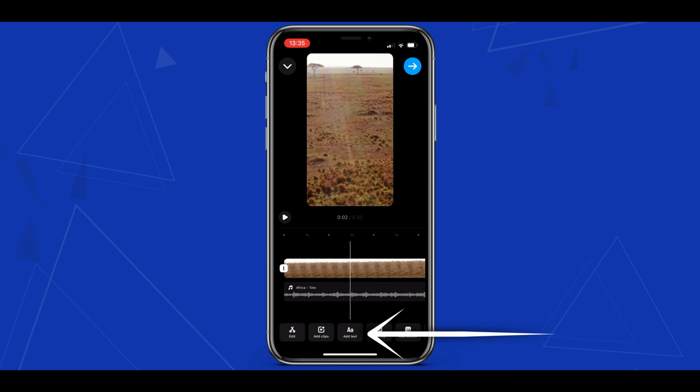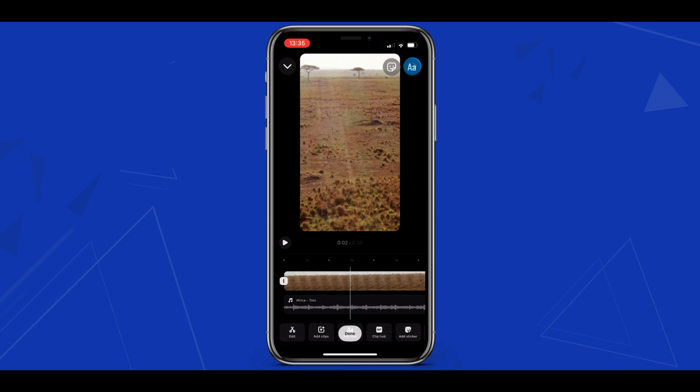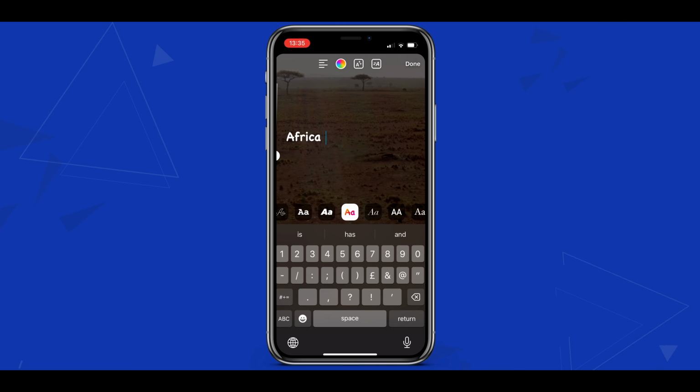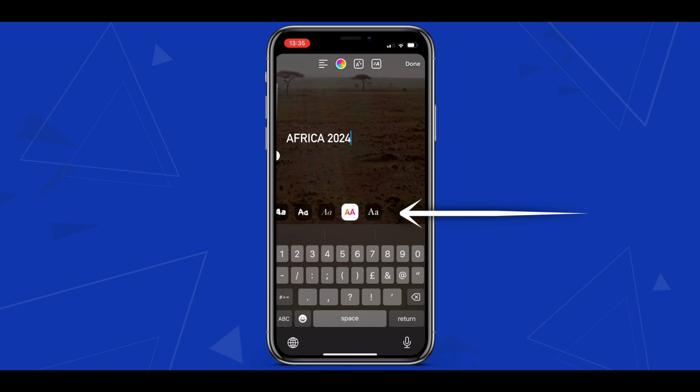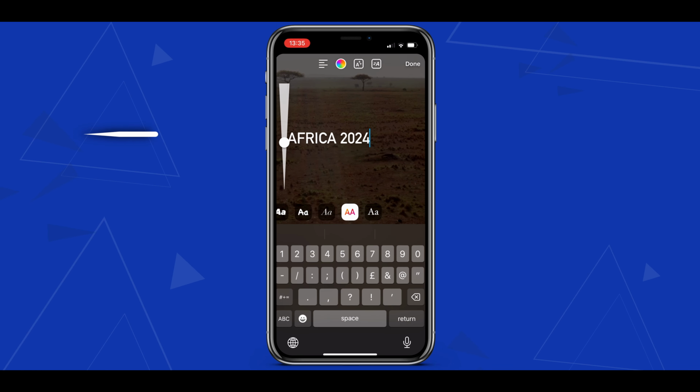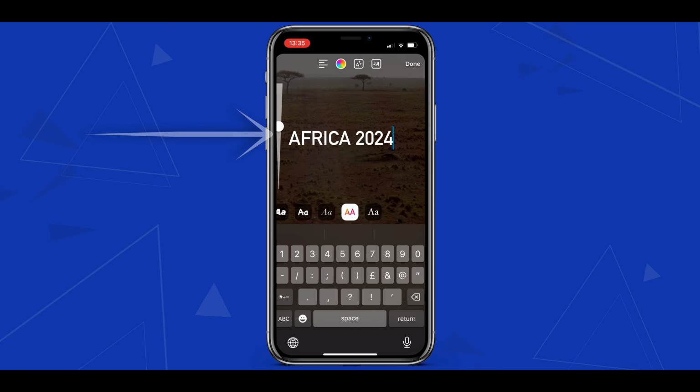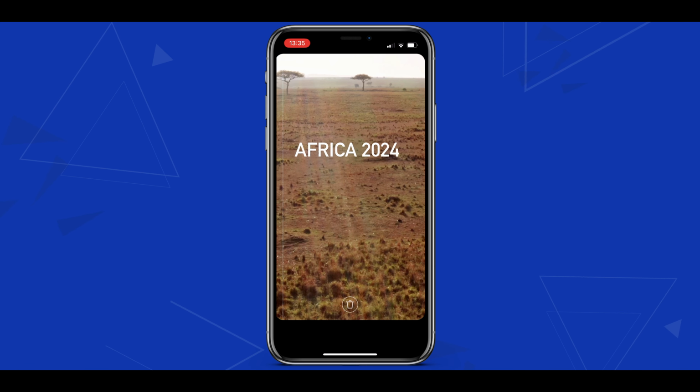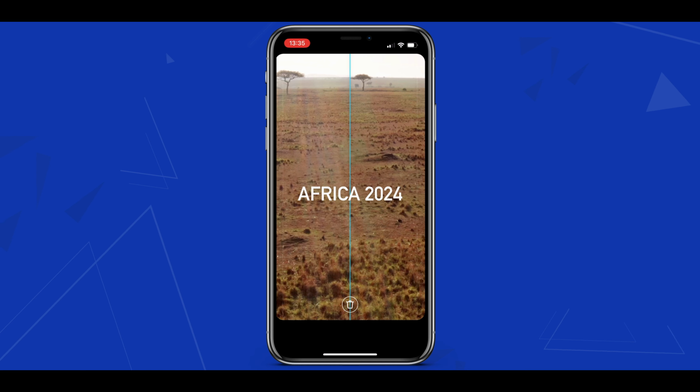Next up, we have the Add Text tool. If we tap this, we'll be able to type out our message to integrate into our reel. We can use the options here to choose a unique font for our text, as well as the slider here on the left to adjust the size of our font. To reposition our text, we can tap and hold onto the text itself to move it around and place it